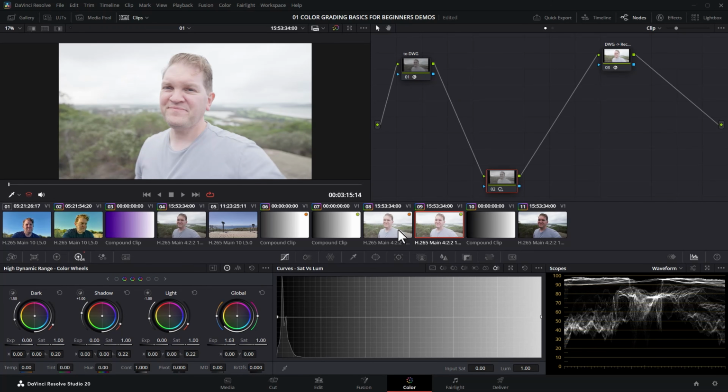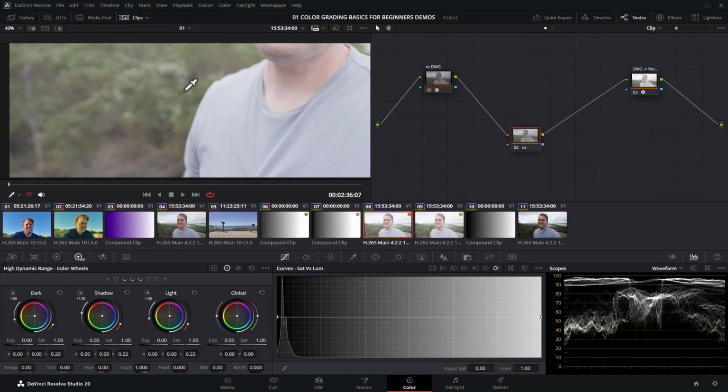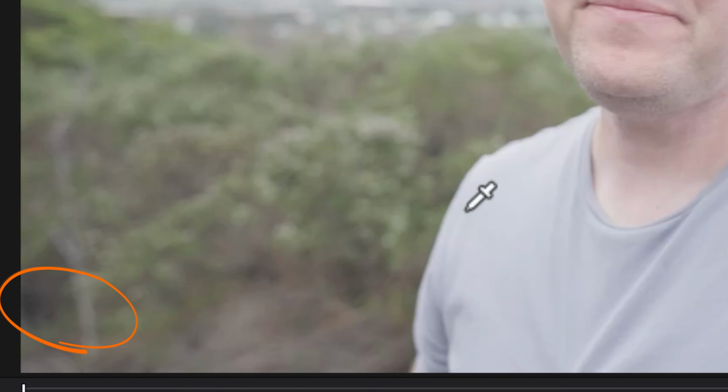If I switch between these two things, look at the waveform. Is the offset, is the global exposure. They're very similar, but there are a few subtle differences. Just switch to the offset, and I'm going to use the mouse wheel to zoom in. I'll just turn off the clips as well to make a bit extra space. So this is the offset version. Look down here in the shadow area. You can see the shadows are looking slightly milky, slightly brighter, and we've lost the deep darkness of that shadow